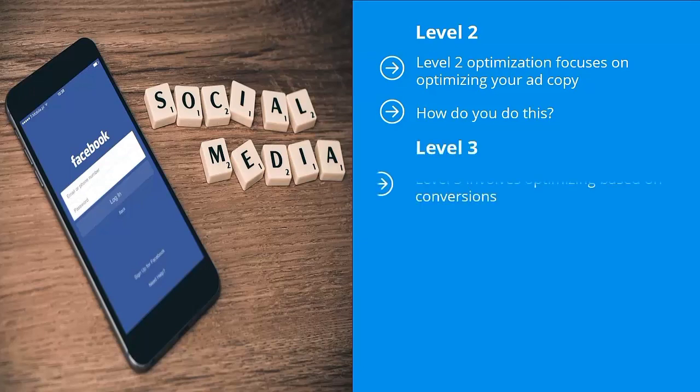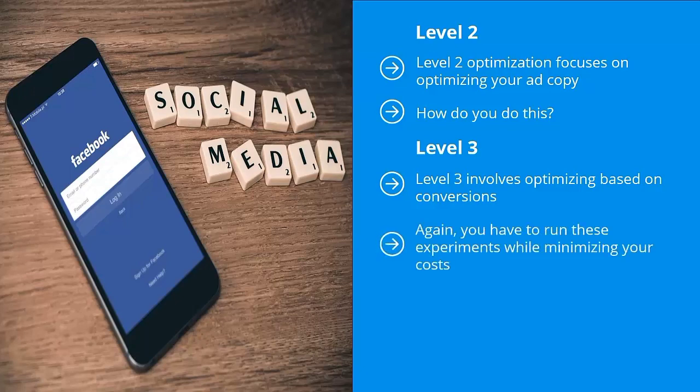Level 3. Level 3 involves optimizing based on conversions. When people click on your Learn More or Sign Up button, they're shown a form. You're going to have to keep tweaking that form to say what it needs to say to convert as much of your traffic into list members as possible. This takes quite a bit of time and attention to detail.